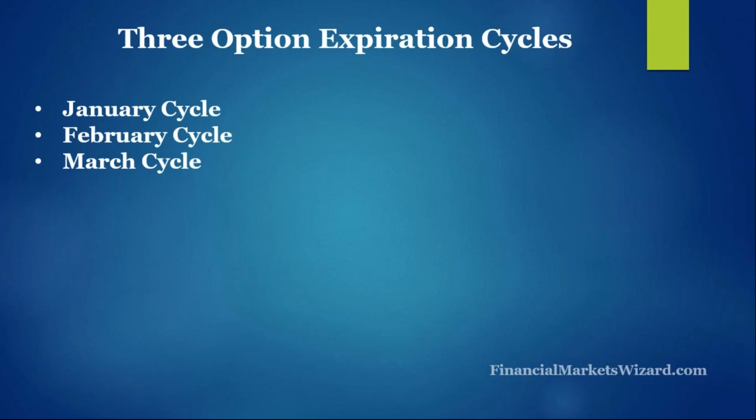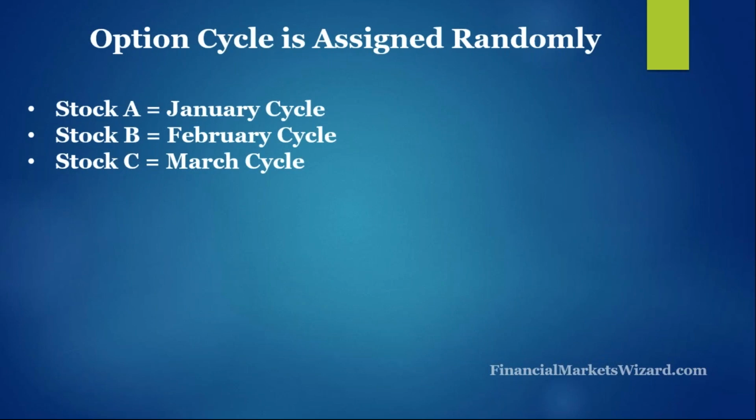So there are 3 option expiration cycles: January cycle, February cycle, and the March cycle. The option cycle is assigned randomly. When a stock is listed for options, it can be randomly assigned to any cycle: January cycle, February cycle,